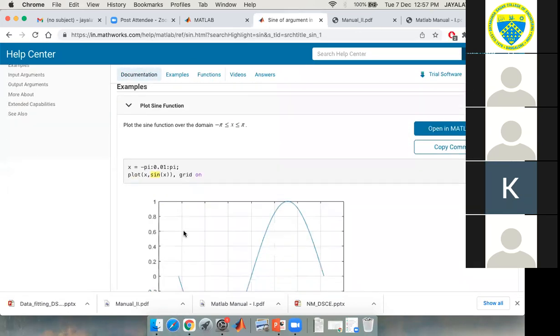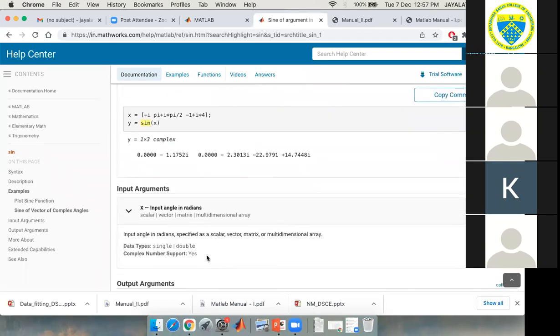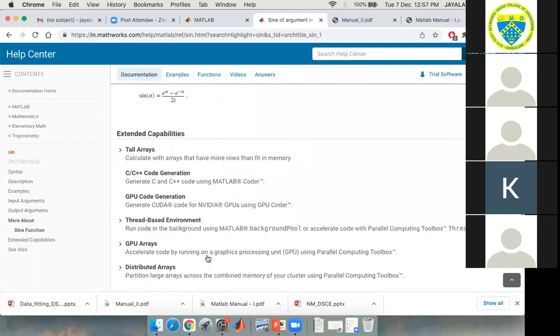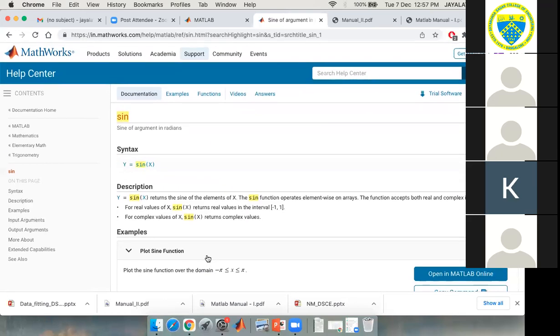It will give examples here, and many more things actually. So if you have already registered for the 30-day trial version, on the home page itself, they'll give you many online courses which are free. And if you have an on-campus license, you will be able to access many of the things.